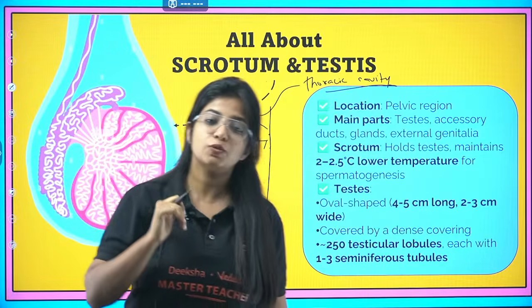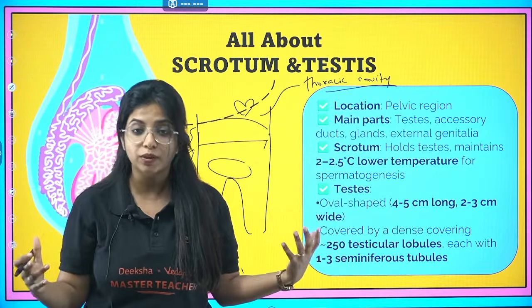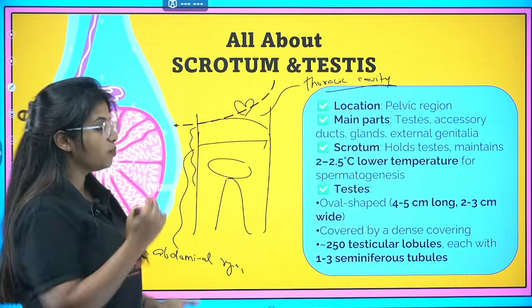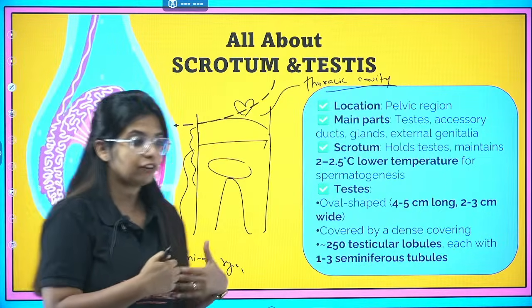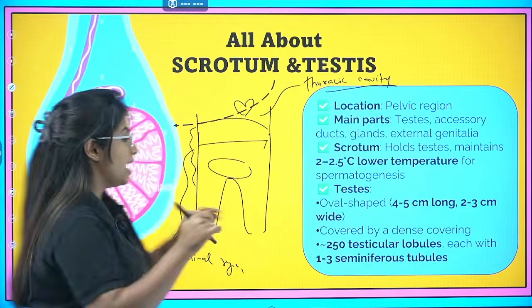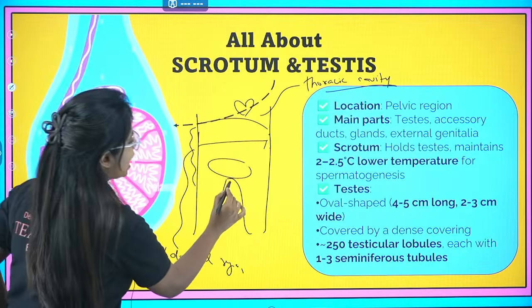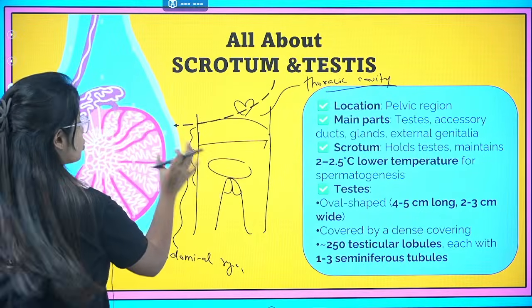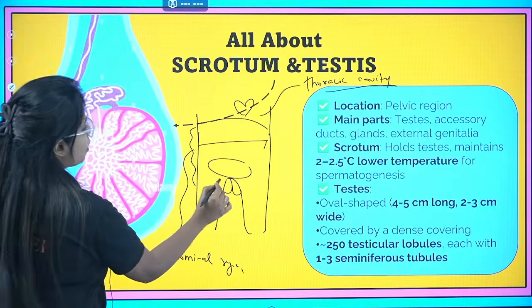And our body temperature is pretty high for it to do its working, which is why it needs a lower temperature. So what is the next option? To move out of the body. But if it moves out of the body, oh my God, that is impossible. You need something to hold it. And that's exactly why men have scrotum. So they have scrotal sacs, okay? They have scrotal sacs inside which you have the testis.